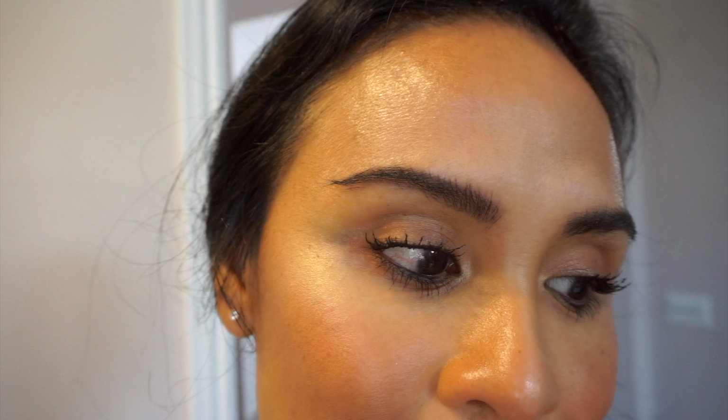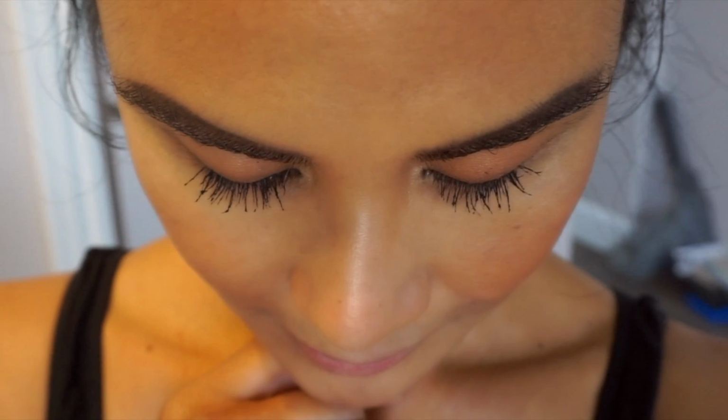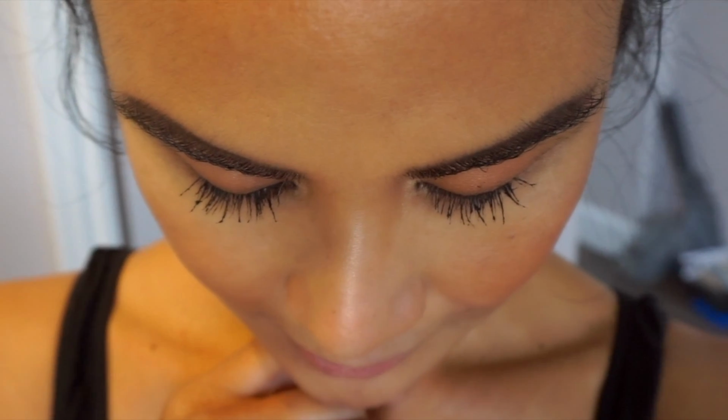And here I put a little bit of makeup on, eye makeup, and I wanted to show you what my lashes look like after I take off my DIY eyelash extensions. They're still long, full, intact. So you want to make sure that you want to accomplish this after you put on and take off your